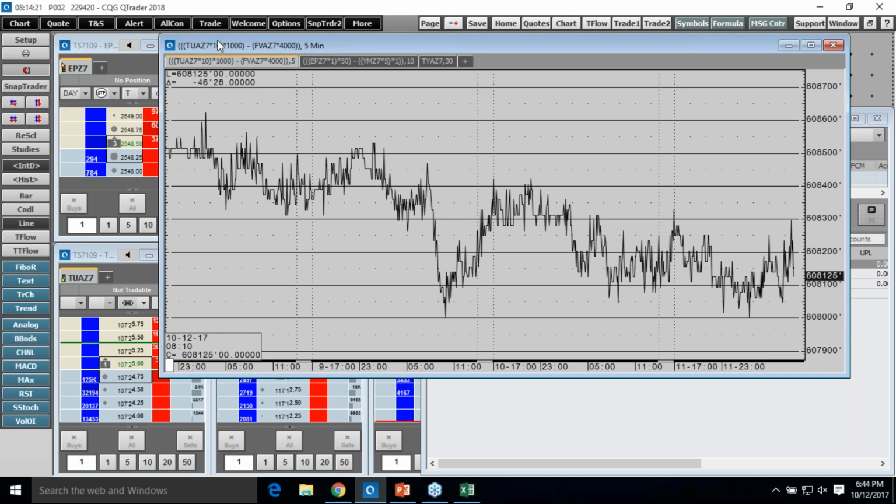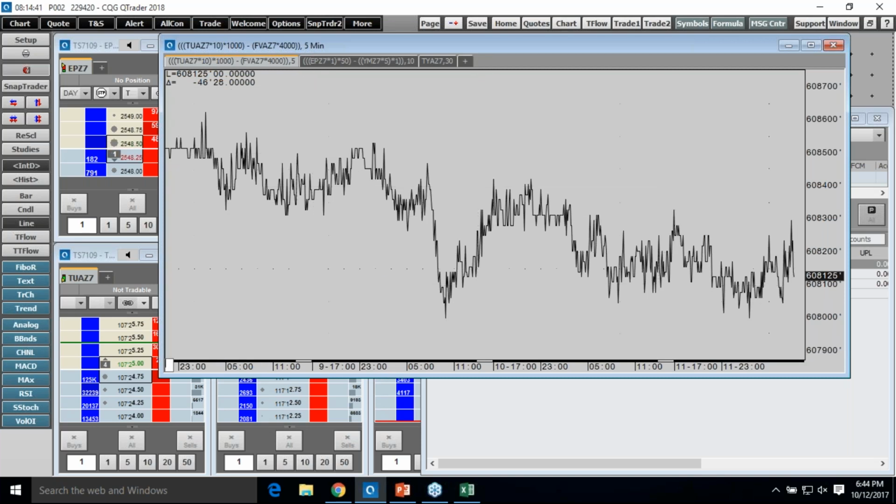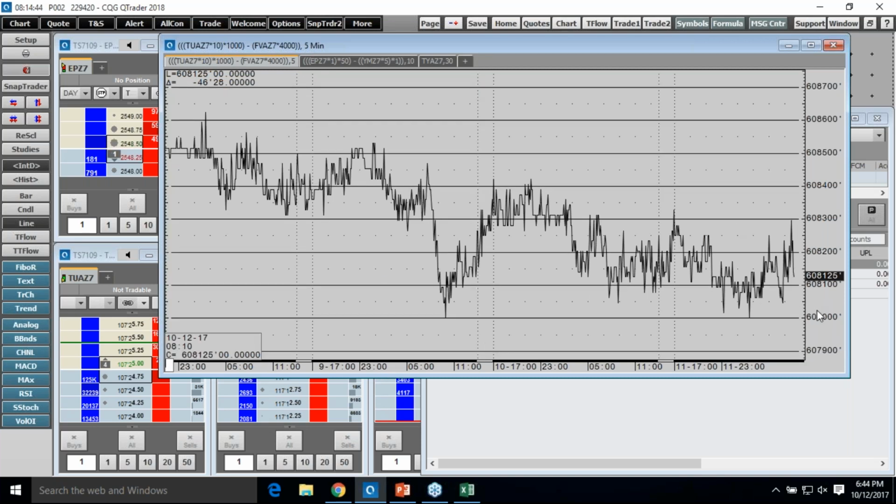So 5 multiplied by 2 gives me 10, and then there's another 1,000 minus the 5-year bond. I'm trading with 4 lots, which has underlying of $1,000 each. So I'm saying 5-year multiplied by 4,000, and I'm taking the difference between the two, trading at an interval of 5 minutes, right? So when you do that, you will see that the relationship between these two has been trading in the range of